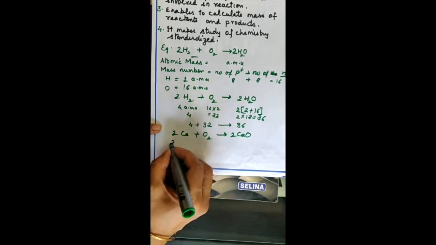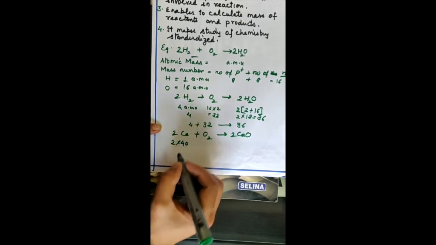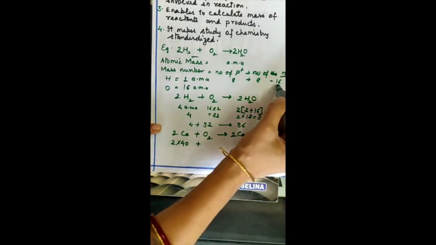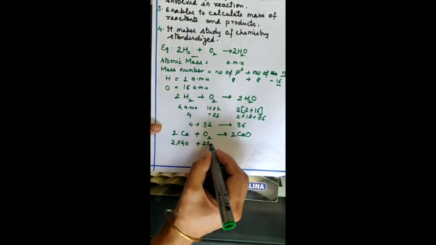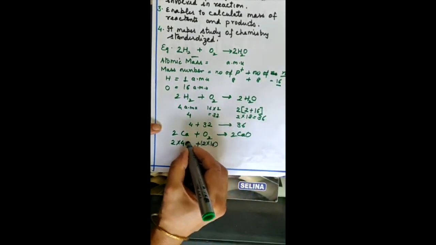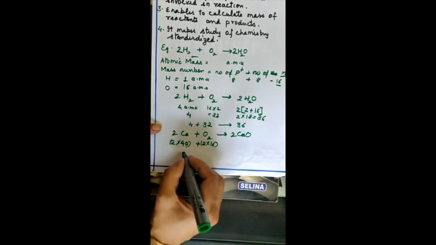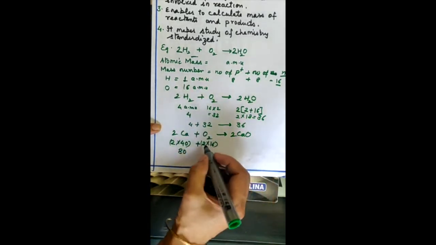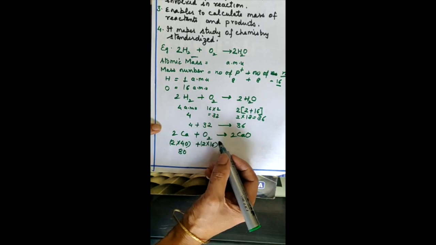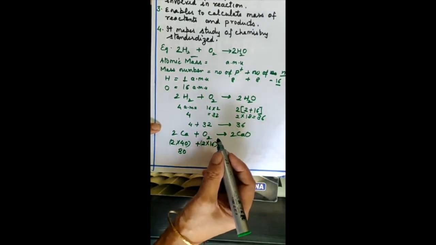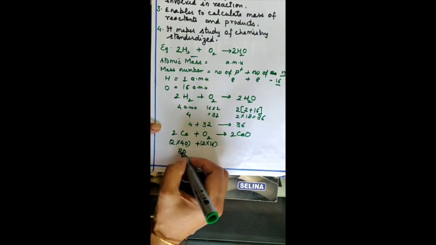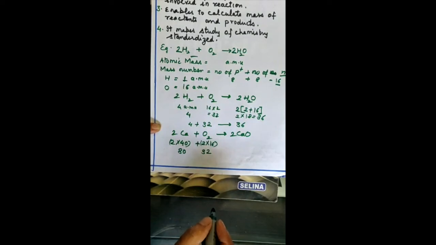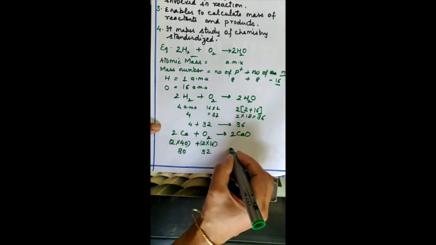Atomic mass of calcium is 40, and 2 into 40, that is 80 unit mass of calcium, combines with oxygen. We have already seen that its atomic mass is 16 unit. So 2 into 16. It means 80 unit mass of calcium. Unit we are saying means any unit, whether it is atomic mass unit or gram or kilogram or some other unit, both will stay correct for this. So 80 unit mass of calcium combined with 16 into 2, that is 32 unit mass of oxygen to form